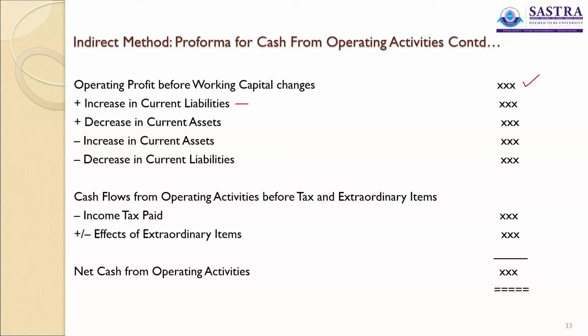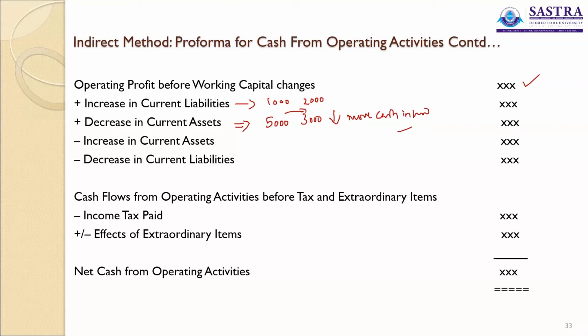Increase in current liability will increase your cash position because you are getting more credit. So supposing your creditors are 1,000 rupees at the beginning and it is 2,000 at the end, which means you managed to get 1,000 rupees credit. That means your operating cash will be more. So it should be added. Whereas decrease in current assets, say for example, your inventory, your amount of investment on inventory is rupees 5,000 at the beginning, and now it has declined to rupees 3,000. That means you have reduced your investment on inventory. You have reduced that means you will have more cash in hand. So it should be added.